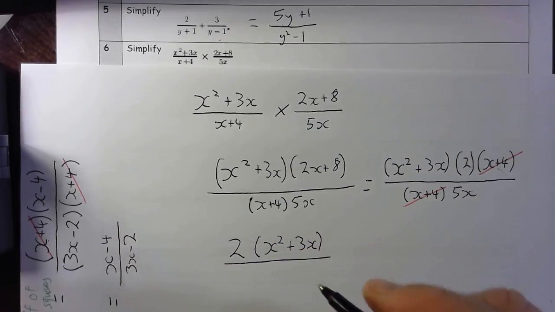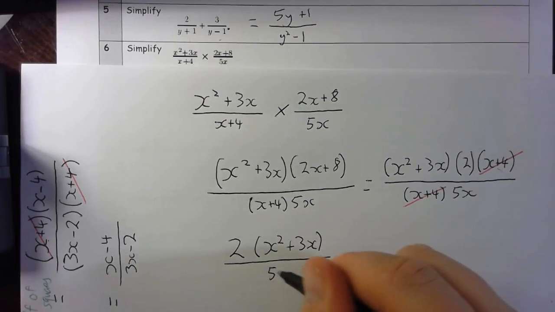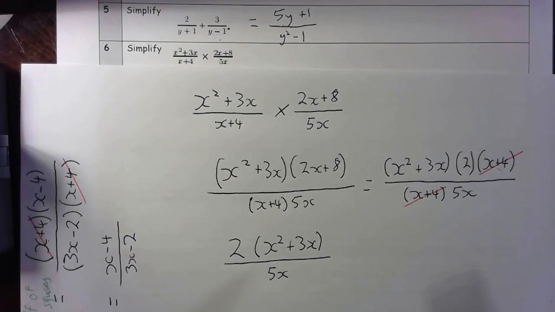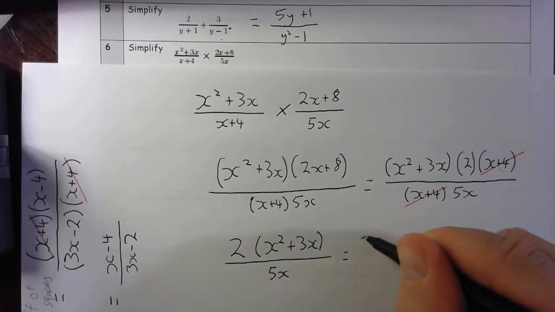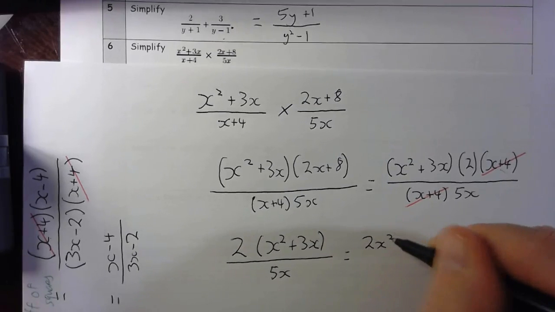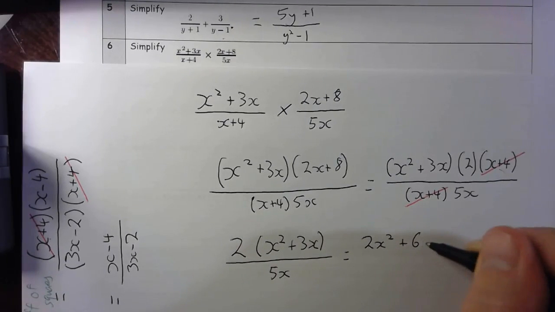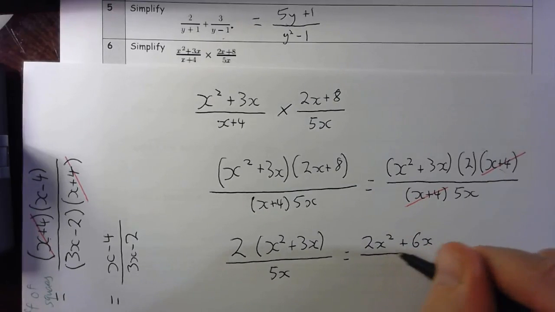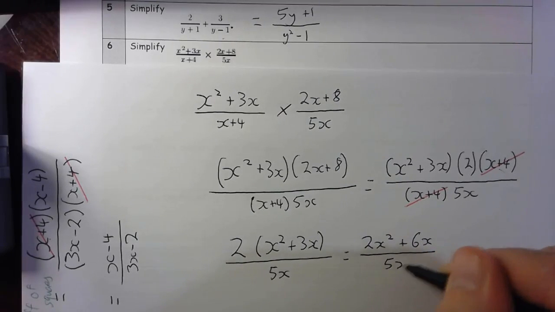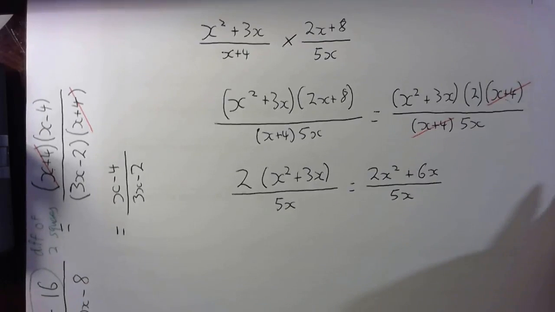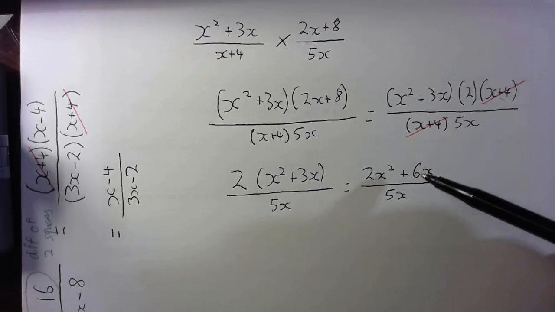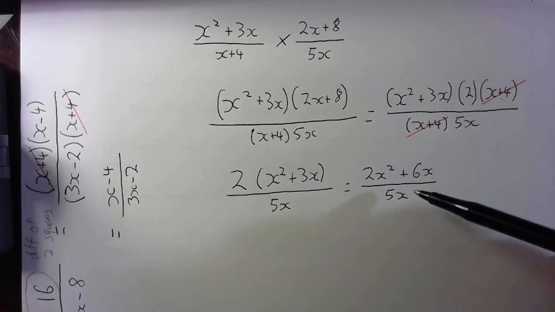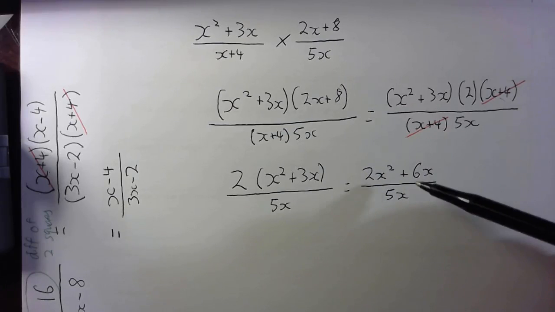over 5x. And I think it's worthwhile at this point just expanding this out. Just helps me to see it more clearly. So it's 2x squared plus 6x over 5x. Now, this is the part where you can see that I can cancel further,